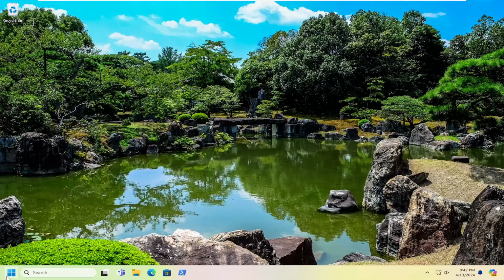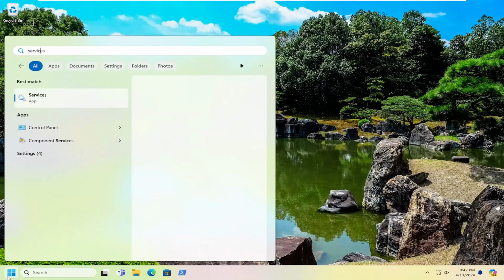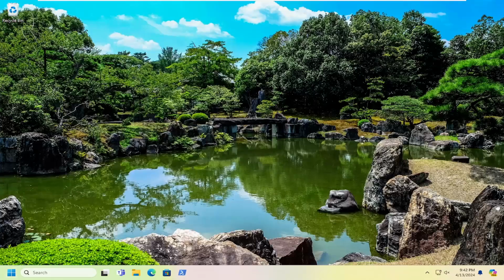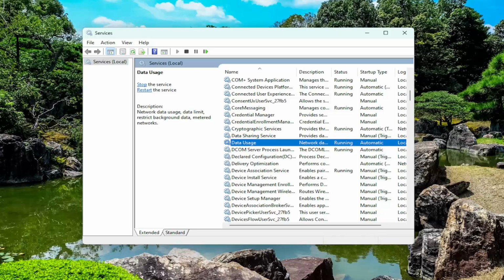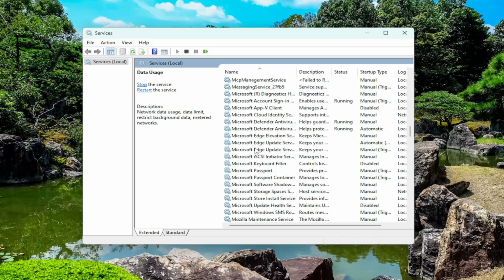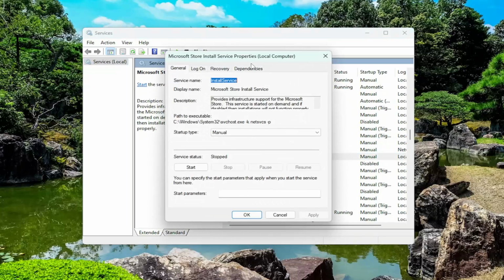So all you have to do is open up the search menu and search for services. Best match should come back with services. Go ahead and open that up. And now right here, you want to go down to the Microsoft Store Install service right here and double click